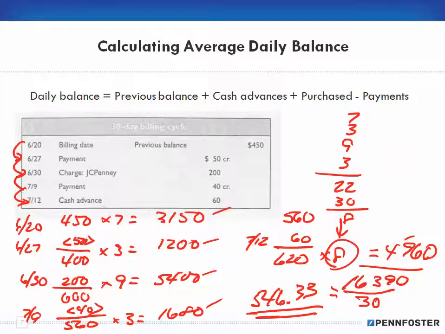If I want to know what the finance charge is, I take the 546.33, and in the book they're using 1.5%, so I multiply it by 0.015, and that means my finance charge would have been $8.19. Okay, so that's how you do the average daily balance, and unfortunately there are no shortcuts